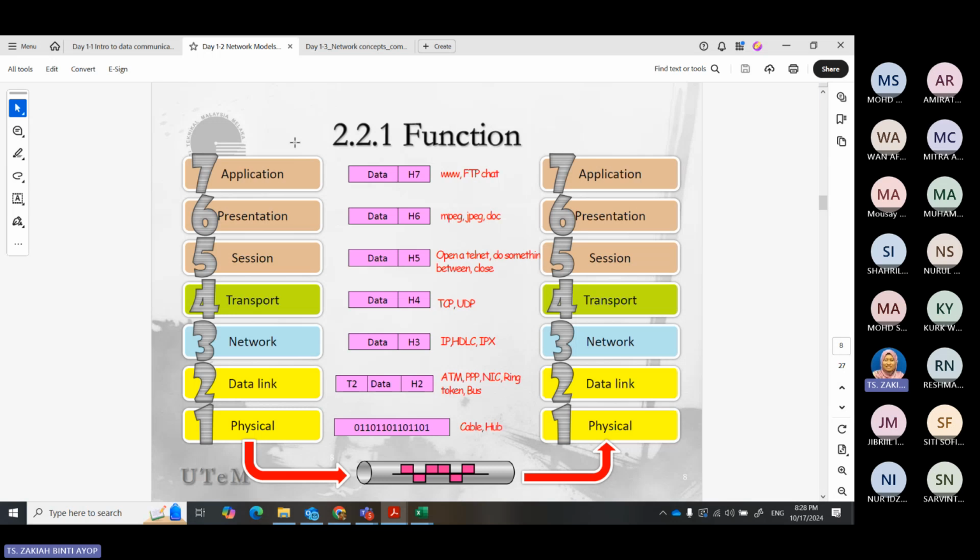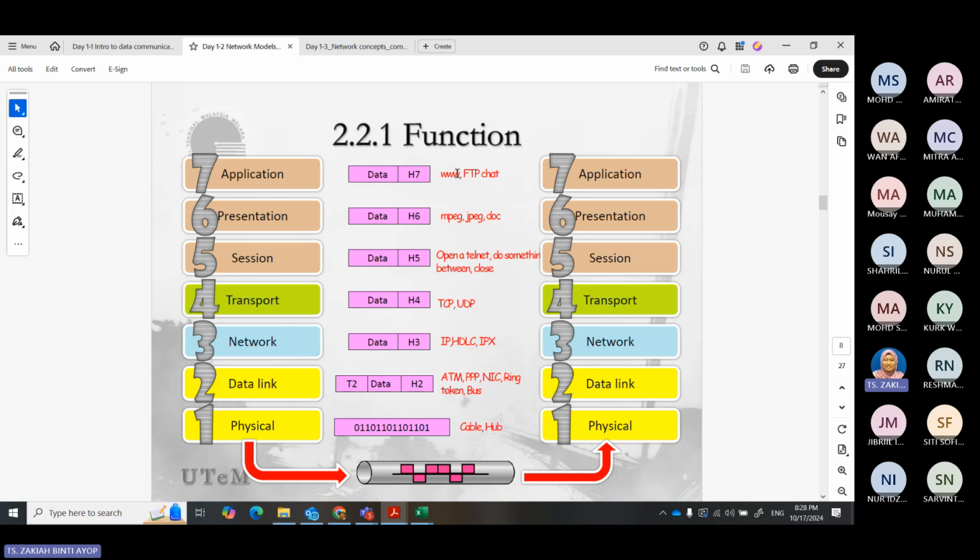What is the OSI layer? For each of these layers, for example layer 7, we call the information or messaging data. Sometimes it will contain a protocol such as WWW, FTP, chat.